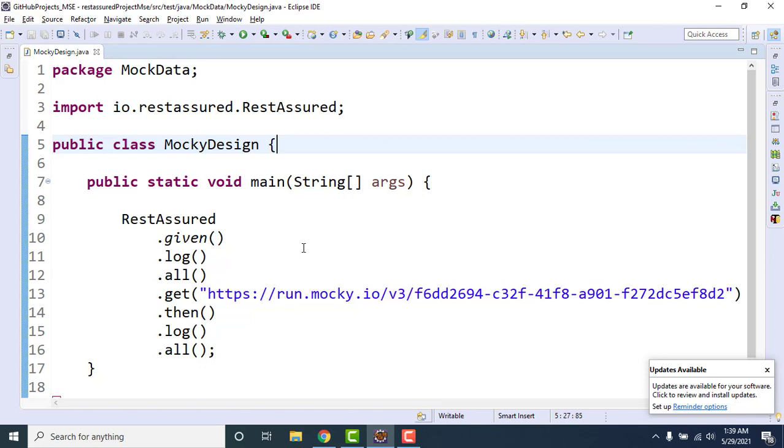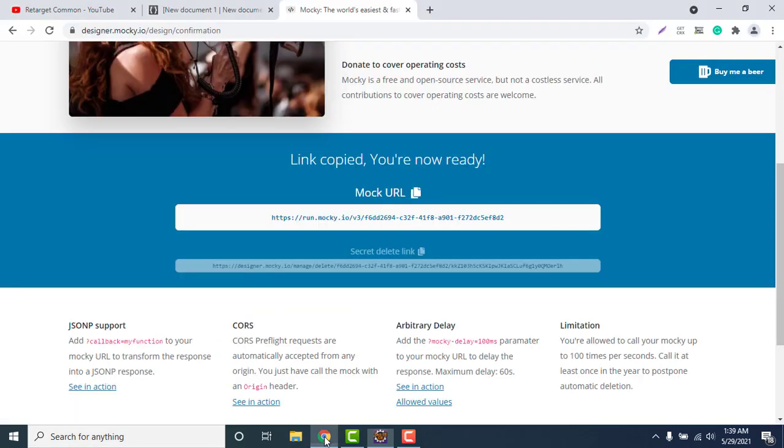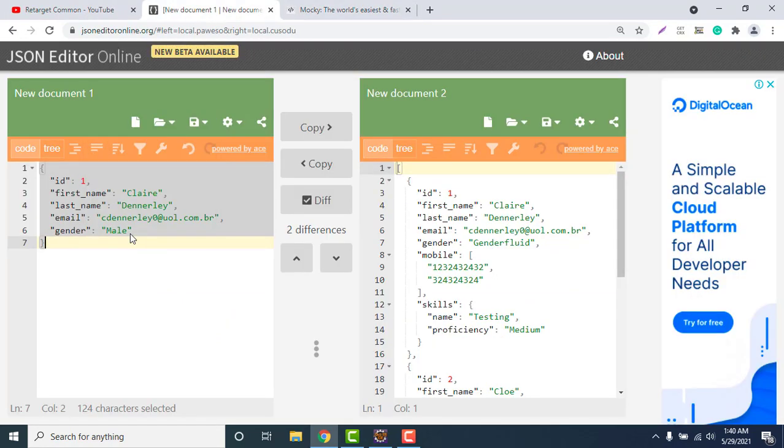Why I am explaining this is because in the upcoming videos I will explain some concepts where I need some dummy responses, so that I can explain the concept better. So I'll create some mock responses as per my need and show you. Whatever response you want, you just need to go and edit it here.